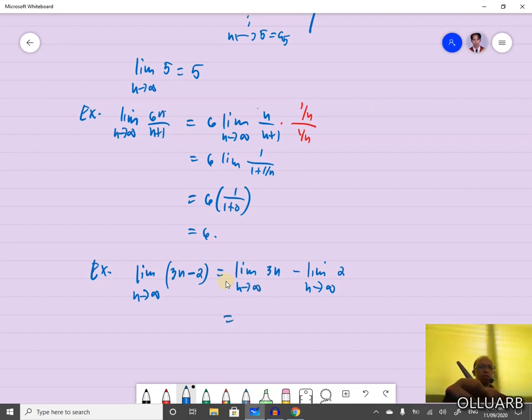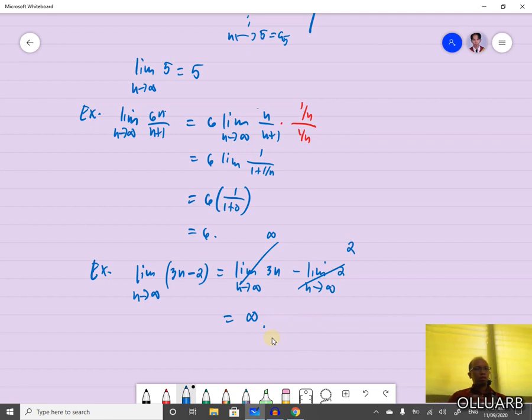Notice that this one is 2, but this one is infinity, so the answer is infinity. Infinity minus a number is infinity. Okay, so you will have an answer which is infinity, or